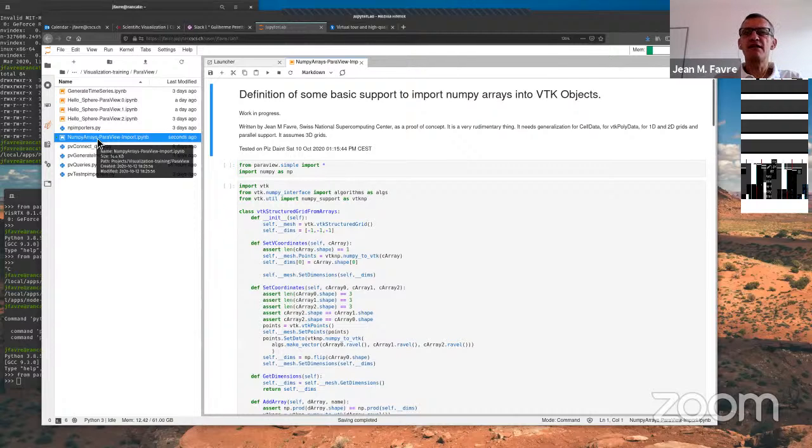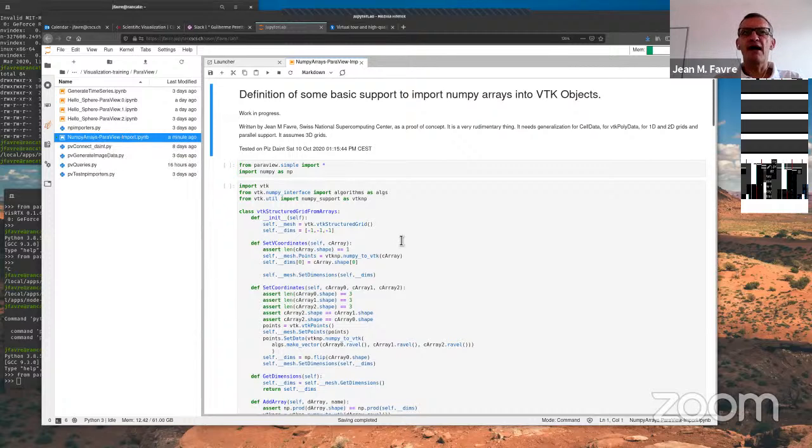As far as rectilinear grids, we have to give as input three one-dimensional arrays, each for the X, Y, and Z coordinates. And that's how we define a rectilinear grid. And then as far as structured grid, we have to give explicit X, Y, Z coordinates for each point in our geometry. So the interface I have created here reflects exactly those